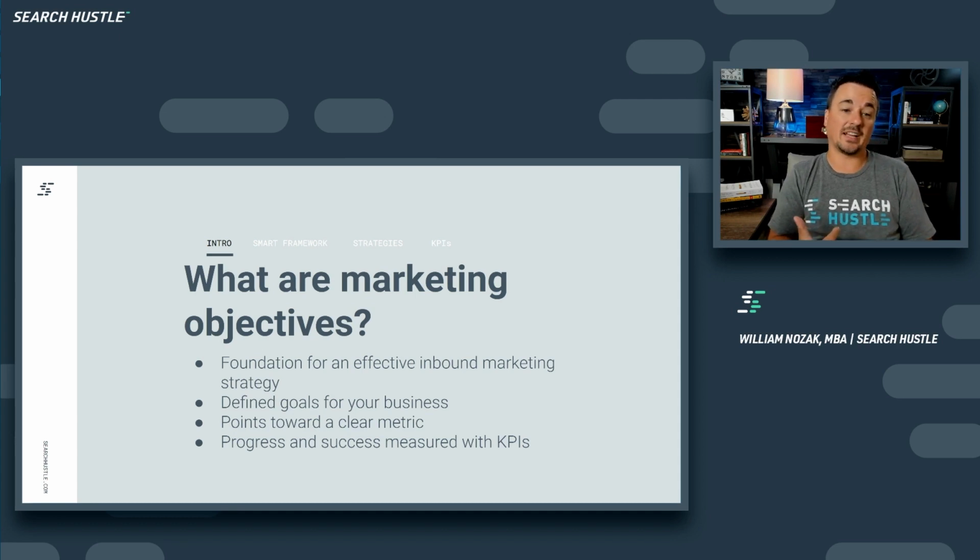So we have to have defined goals for the business, what the value proposition is, how are we different than the competition? Maybe it's just that we're a little bit cheaper. Maybe it's that we're a little bit more expensive because we're higher quality. Maybe it's because we've got this unique thing or a part to our service that no one else is willing to do. And we always want to point toward clear metrics and have KPIs that we can measure, or key performance indicators that we can say, look, we're moving the needle and here's what we're looking at to know those things.